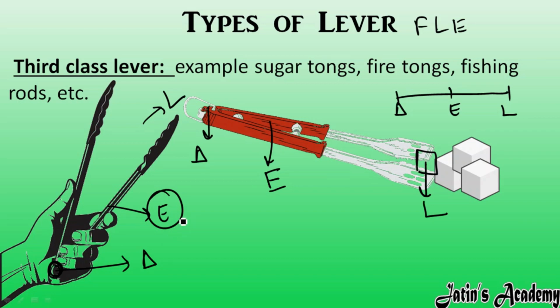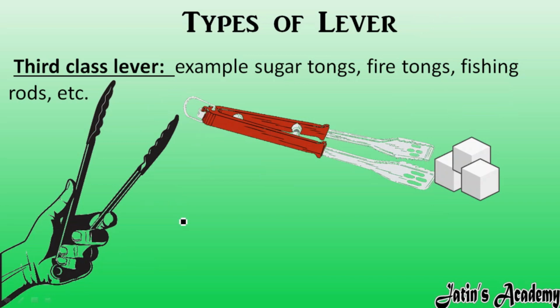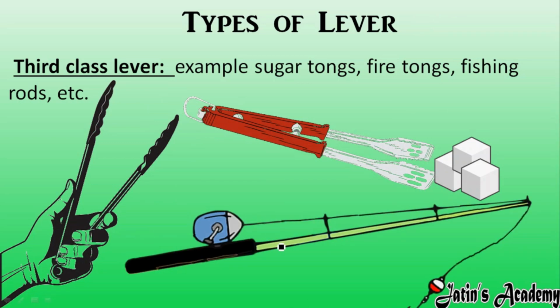Fine. A similar example we have with a fishing rod. In the case of a fishing rod also, here we have a fixed point, this is a fulcrum about which the fishing rod is going to move, and here we are applying the effort on this handle, this is the effort, and from here we are going to pick up the load, this is a load. So here you can clearly see that effort is in center. When effort is in center, this is which class lever? It is a third class lever. Fine.